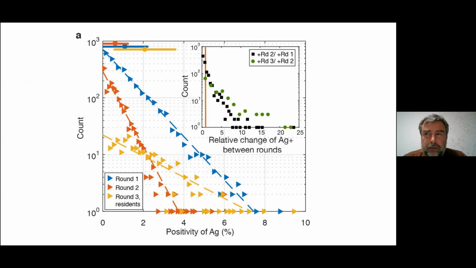This is really interesting, and I really love this data because it shows something interesting. First of all, we look at just the pure distribution of the positivity of the tests in individual municipalities. We had 5,000 municipalities in round one, and we look at how they are distributed, what the distribution function looks like, and that's the blue triangles you see. This is a semi-logarithmic plot. So it's a fantastic exponential distribution. Wow, I was amazed, and it worked also in the second round, which was amazing, and also in the third round,